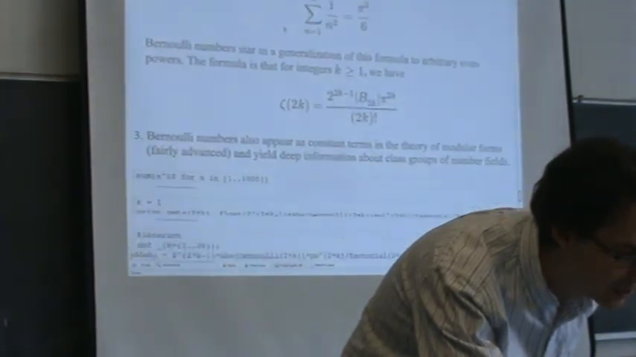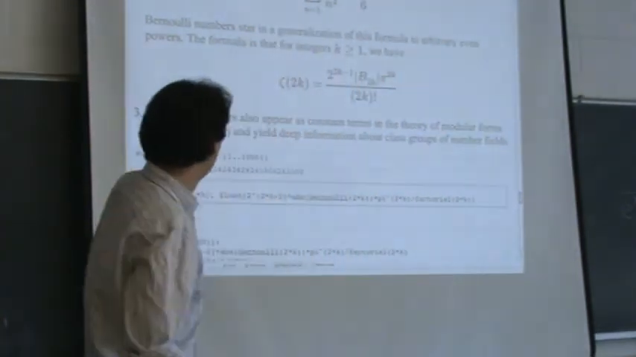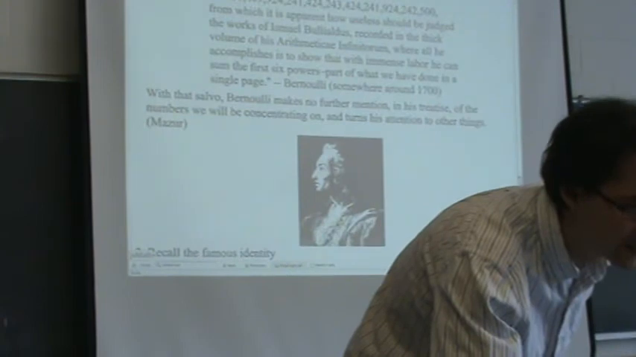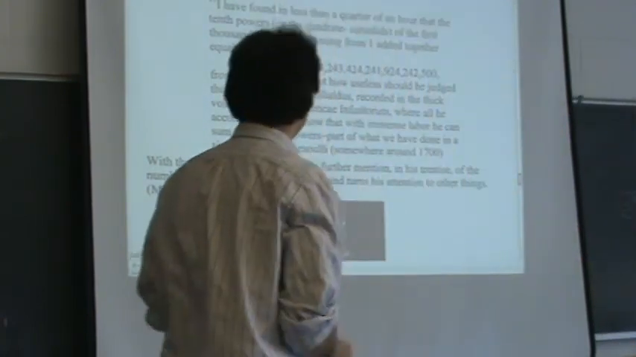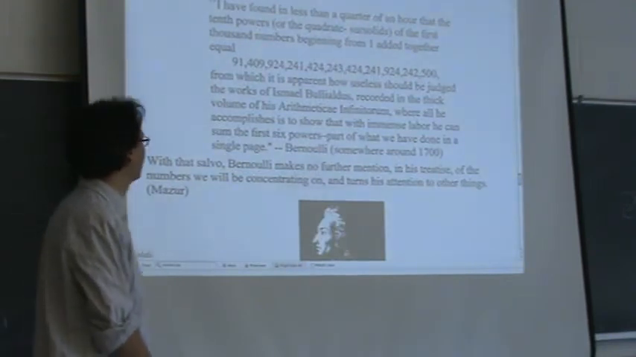So just to check his work, here's what he did. The sum of the 10th powers of the integers up to 1,000. And indeed, it's the number that he gives up there. There it is. And he goes on to say, from which it is apparent how useless should be judged the work of Ismail,